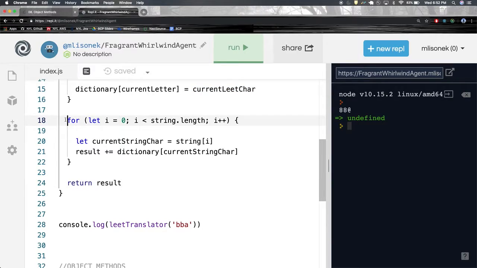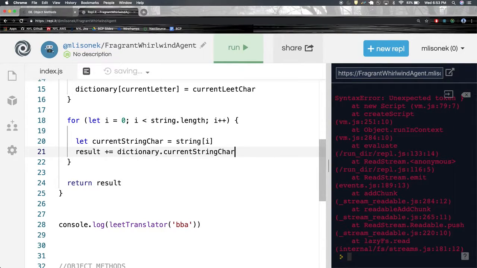Then, to get the actual result, we loop through the string, each character, and we look up what it is in the dictionary, current string char. And remember, you have to use bracket notation here if you're putting in string of i. If you do dot notation,